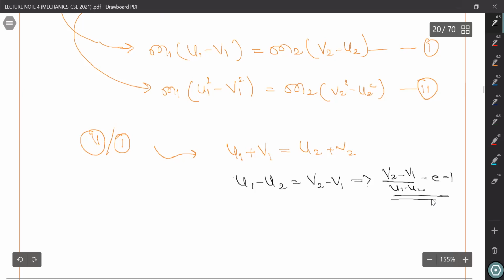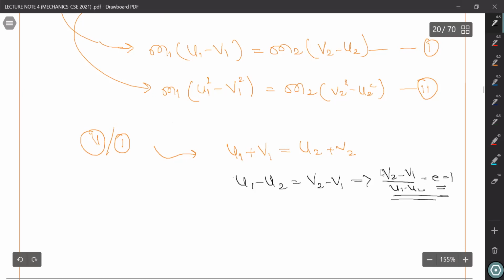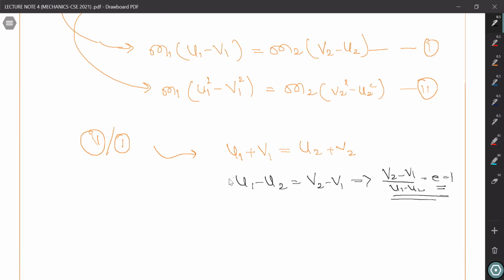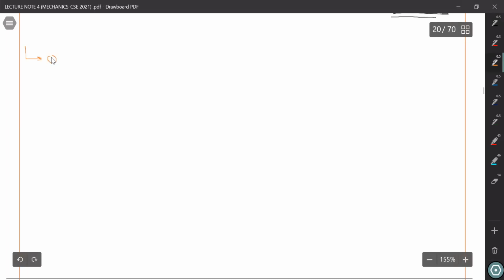So whenever a question comes to prove these things in case of elastic collision, you should not use e. You should use this. Using energy and momentum conservation, you should reach this value, and then you deduce the latter equation. Okay, so this is all about the head-on collision for elastic. Now let's move to two dimensions, or you can say the oblique elastic collision, or simply 2D.